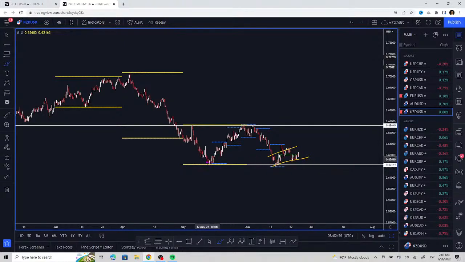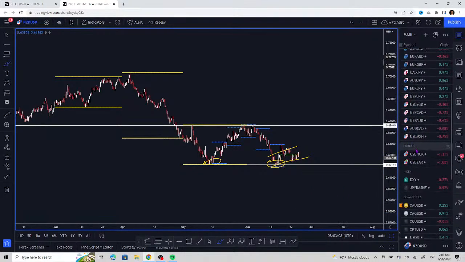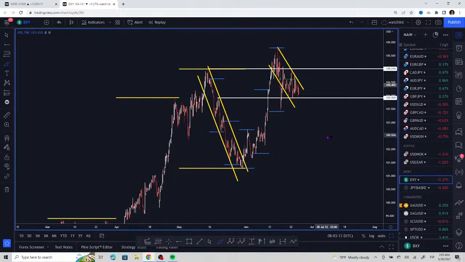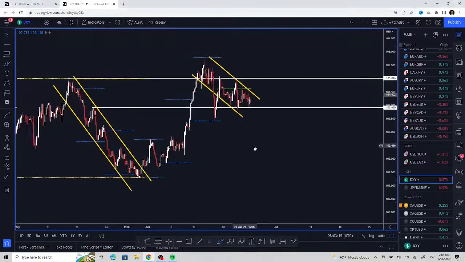And a break of these lows would mean a break of the flag, which would mean more selling volume in this market. That, of course, will only be triggered in my case if the USD or the DXY rallies and